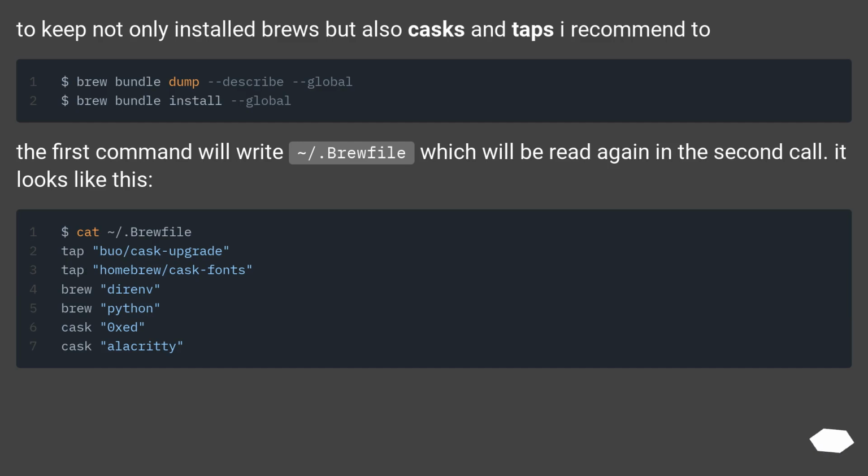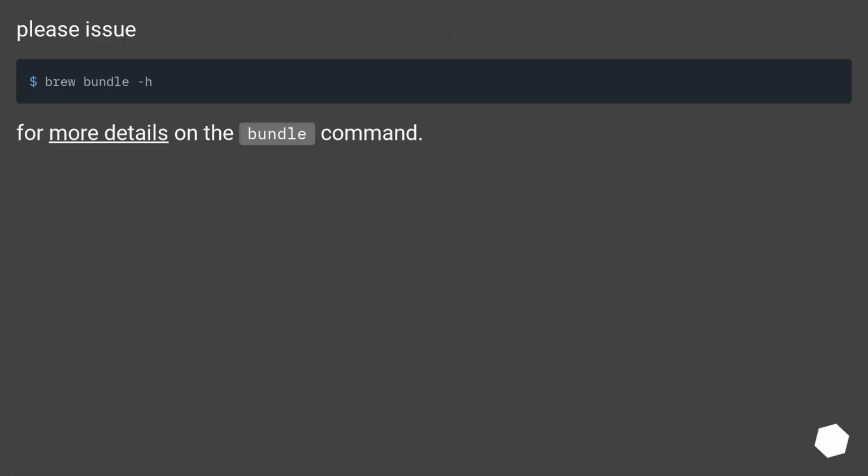To keep not only installed brews but also casks and taps, I recommend two commands. The first command will write a ~/.brew file, which will be read again in the second call. It looks like this. Please issue. For more details on the bundle command,